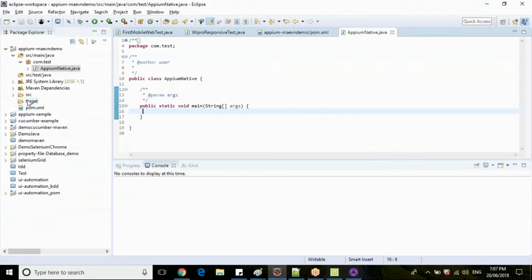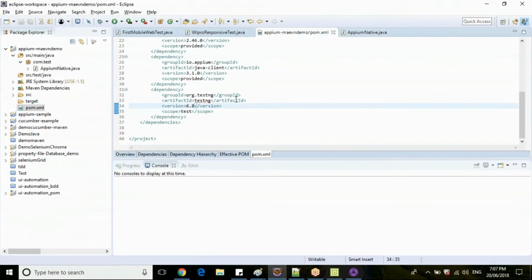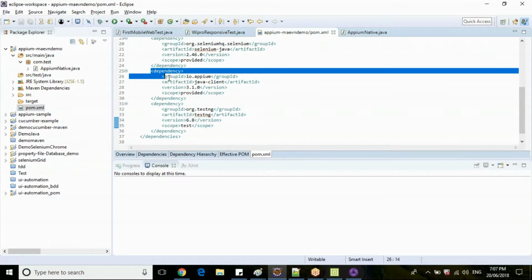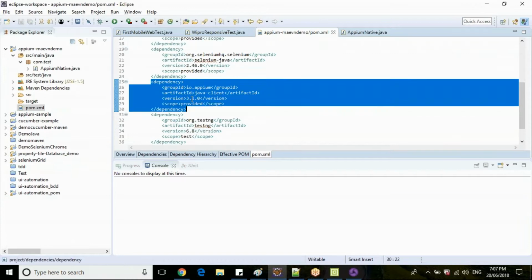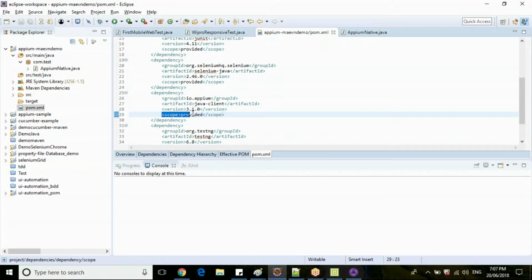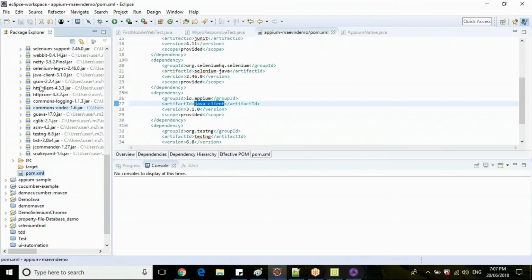But in our page object model framework, you are giving just one Appium dependency, and you have mentioned scope equal to provided. Clear? So this way, the scope will check all the dependency jar files required to execute this Java client. Indirectly, it will refer to all the jar files and download them to your Maven repository here.